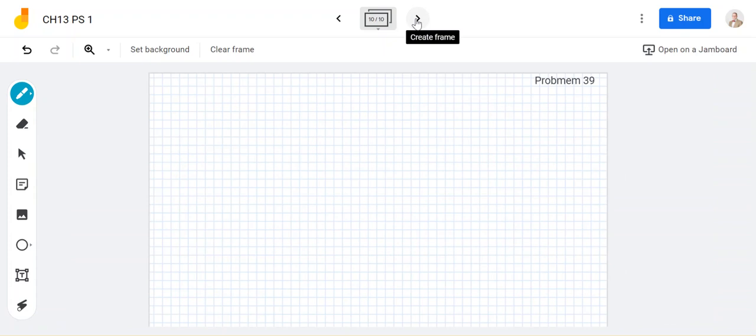What is the escape speed on a spherical asteroid whose radius is 500 kilometers and whose gravitational acceleration at the surface is 3 meters per second squared? Okay, so